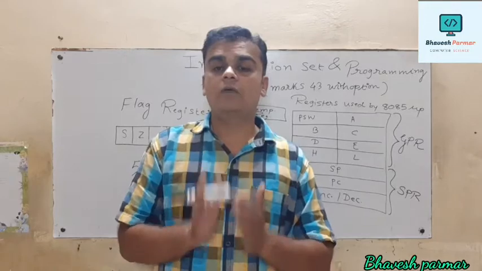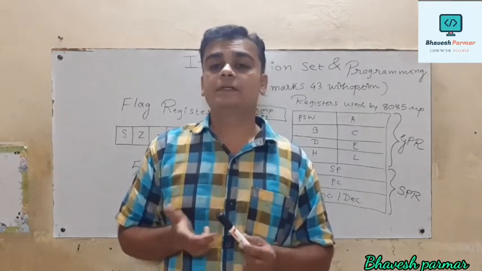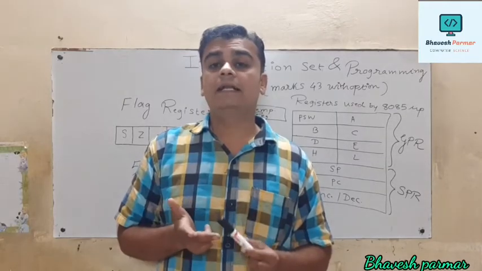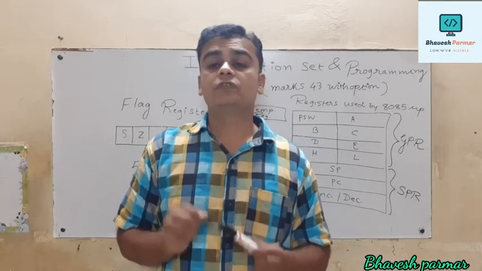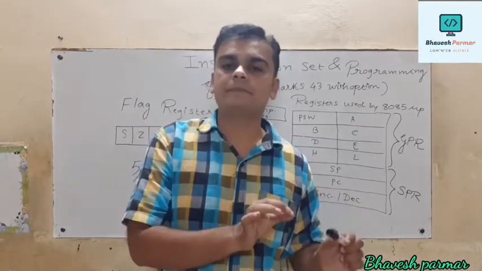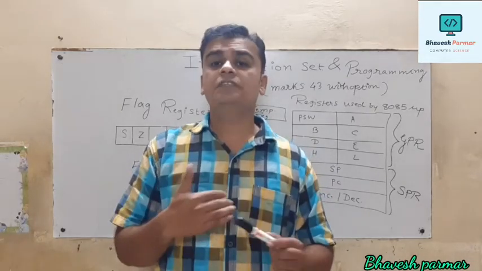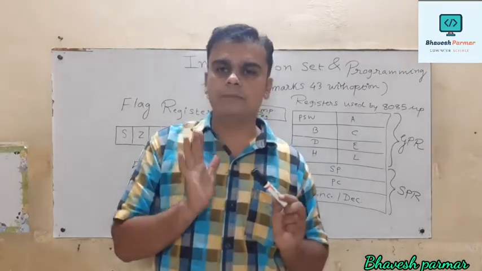Now at this stage, suppose my line number 1 gets over and I want to execute line number 2. So what happens? The PC consists of the address of line number 2, and that address gets copied into SP. And now PC consists of what? The address of line number 3. In this fashion the complete program gets executed.